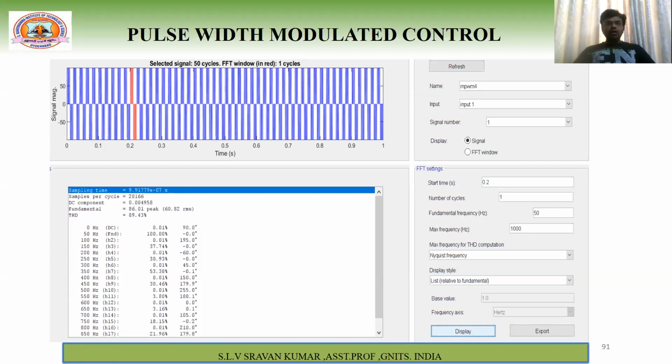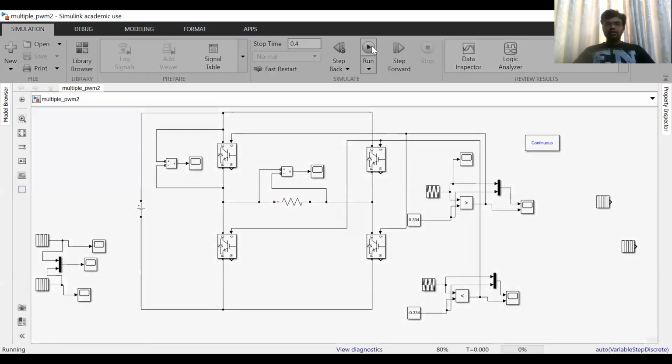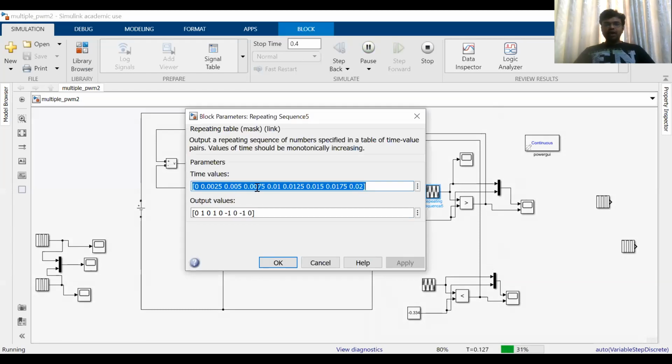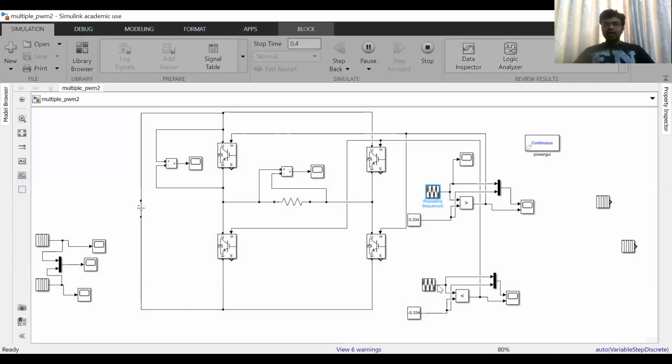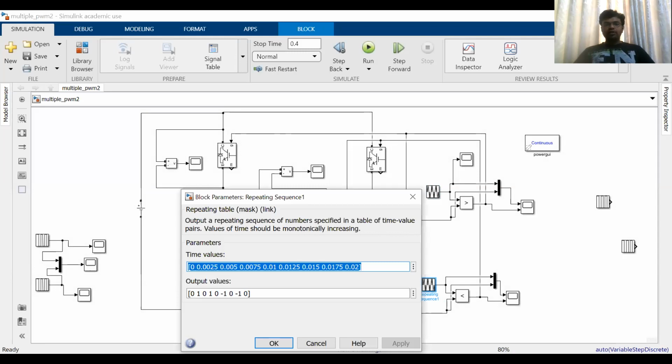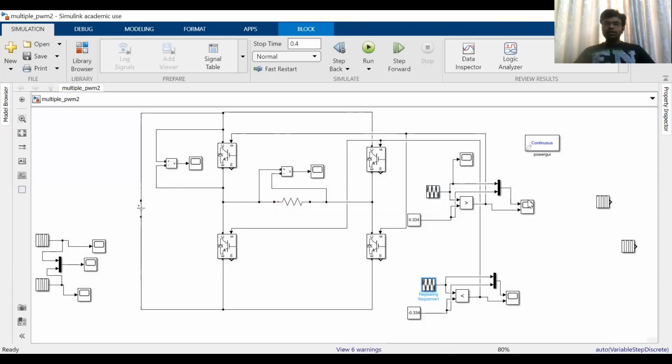Okay, so now let me go to the MATLAB simulation for two pulses. First I will run this simulation. Now see, these are the time values which I have kept, and these are the output values to generate the pulses. This is for positive, and this is for negative. Right, so now if you observe the pulses,